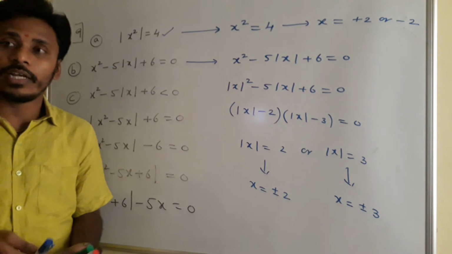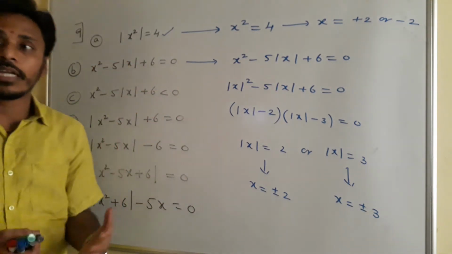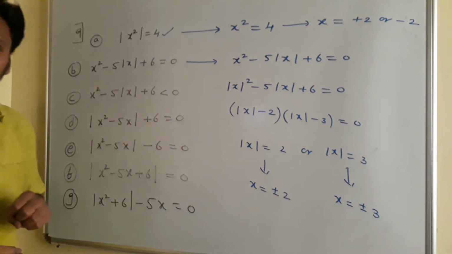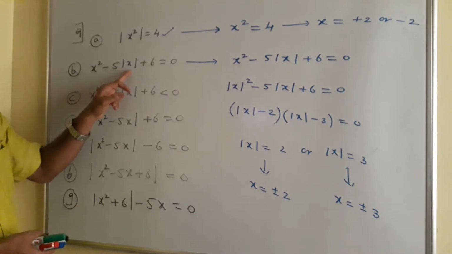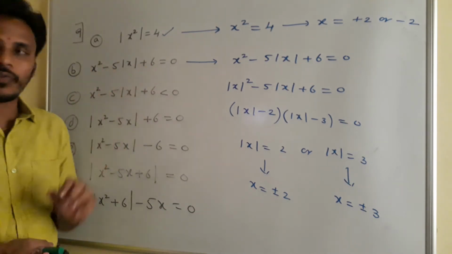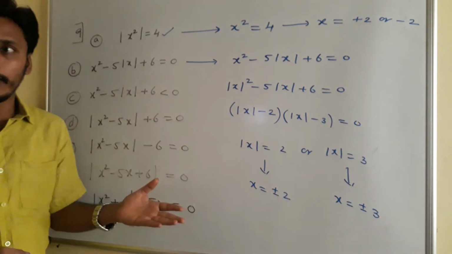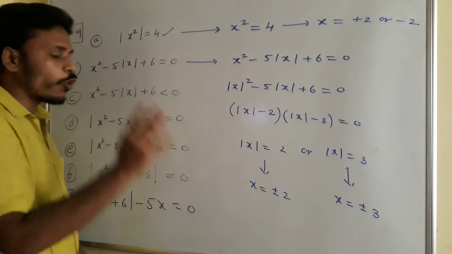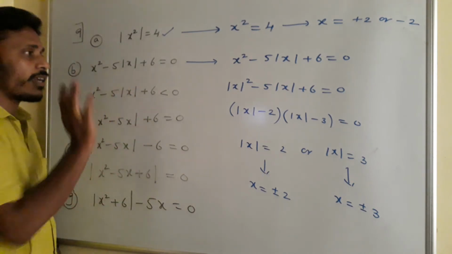Okay. And if you have any doubt, just replace those values in the given equation and check whether it is satisfying or not. For suppose if you take 2, what will happen? Just think about it. If you take 2, 2 square is 4 and then this is 10 plus 6, satisfying. Whereas if you take minus 2, still it is satisfying, right? So the same way 3 and minus 3 also. So this second equation has 4 solutions: plus 2, minus 2, plus 3, minus 3. Okay, and that's the second problem.